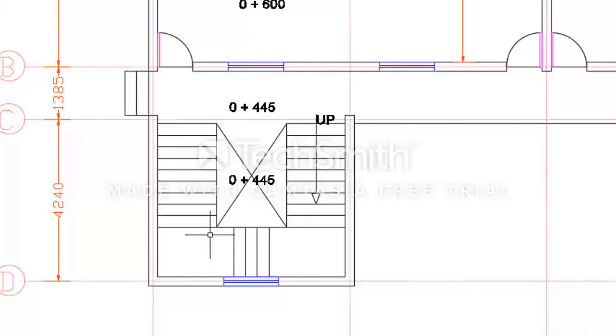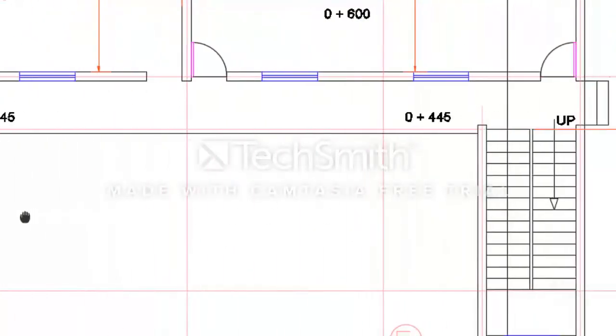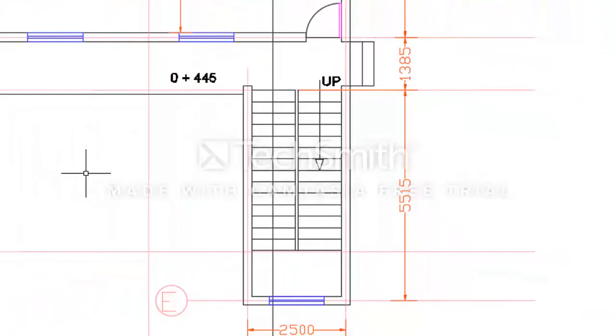Now I will move to the staircase on the right-hand side, the half-turn staircase. This is the half-turn staircase. It has two landings. This is the first, that's two flights. I mean, this is the first flight. You ascend from the ground floor in this direction. This is the first flight, and this is the second flight here. That's two flights connecting the ground floor to the first floor level.